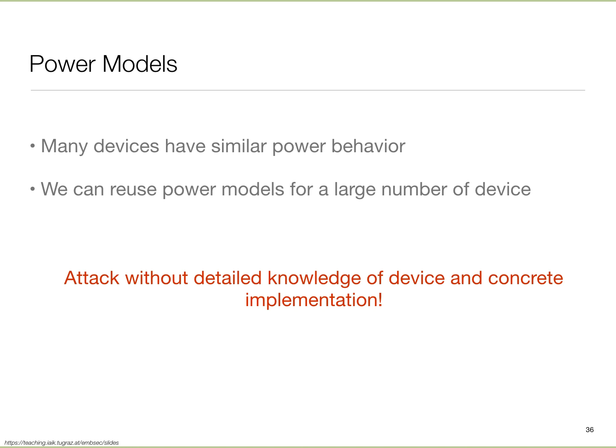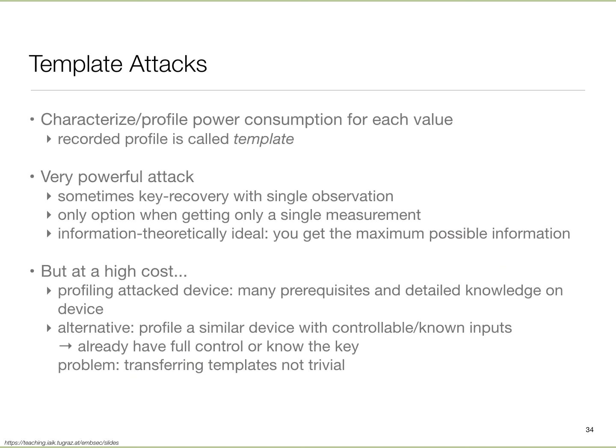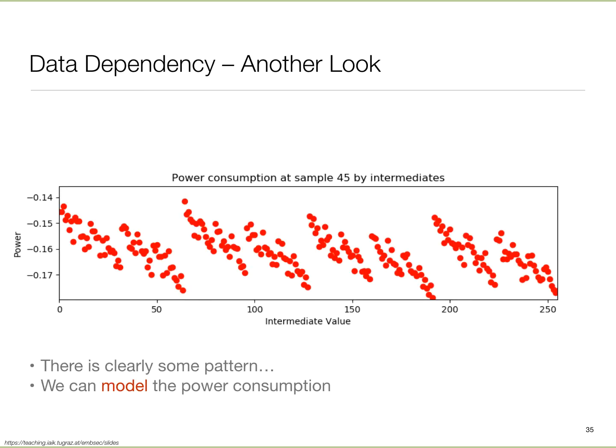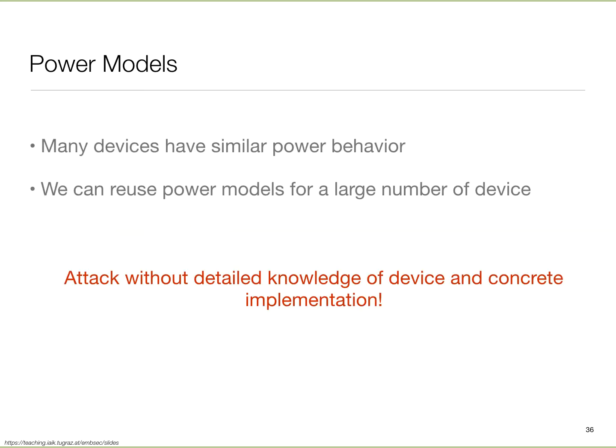But you could be smarter about it, because this approach of experimentally collecting templates can be pretty painful. So what people rely on is the fact that all these different computational devices are similar at some level. So maybe I can develop a parametric model and then fit that model to my device. I collect traces, fit my parametric model to them, and then use that model for my attack. In that case, I don't need to know very detailed information about the device, but can operate at this high level.